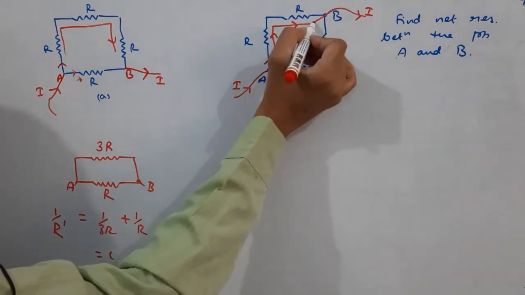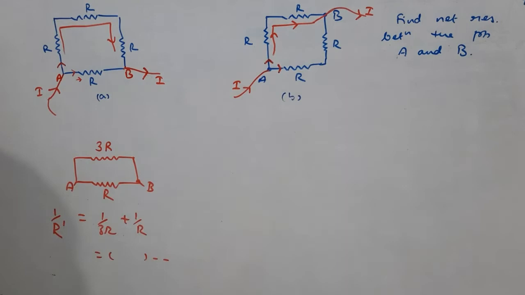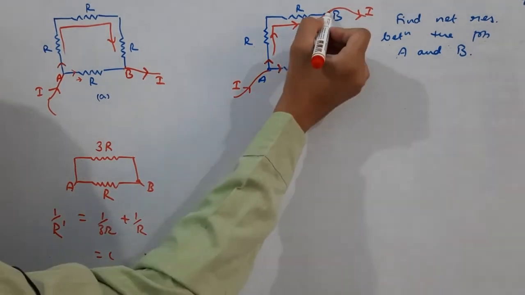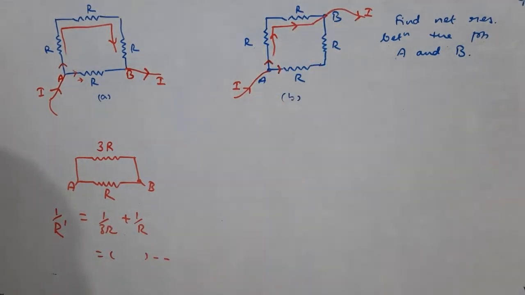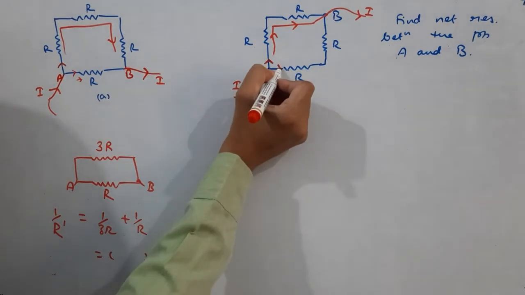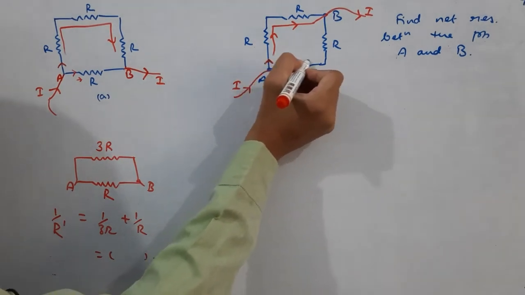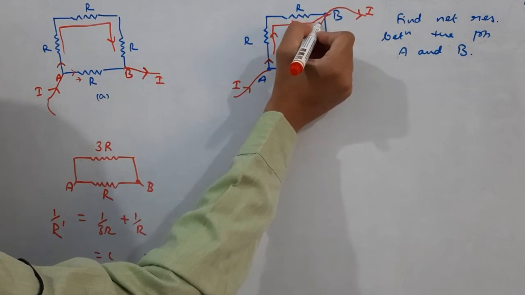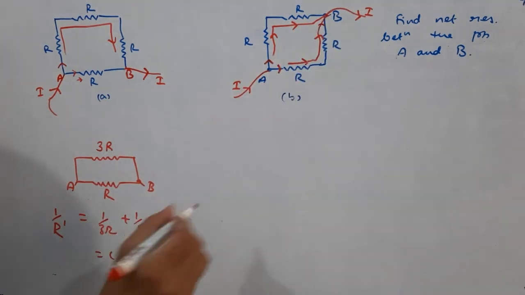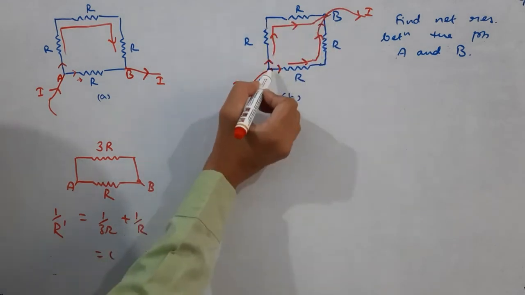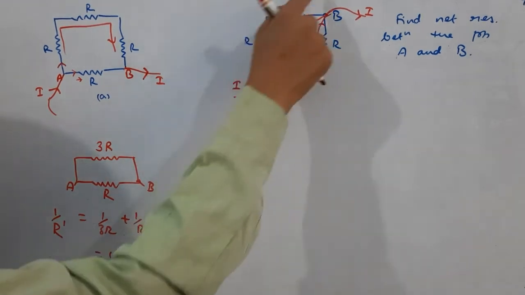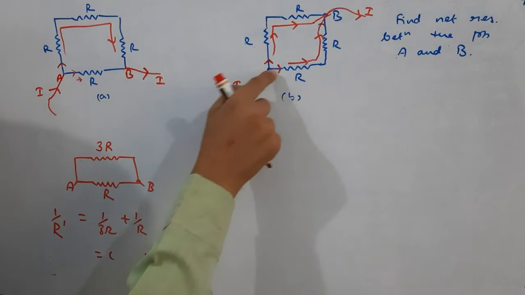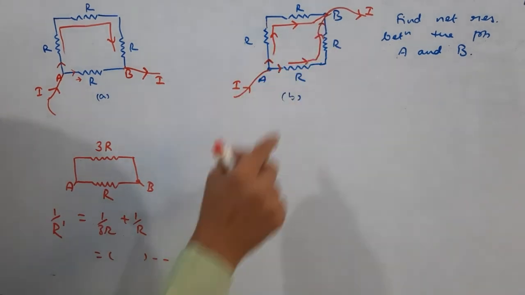It will not have any tendency to come through this particular resistance because that is the point which is its destination. Likewise, the current which has flown across this resistance will flow like this, then like this, and then it will come out of point B. Is it clear? So this is one path and this is other path. In this path there are two resistances in series. In this path also there are two resistances in series.